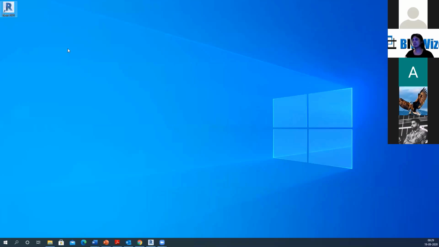So I've brought my Revit 2021 icon right here. Whenever you have a Revit file, and actually this works for any Autodesk product that you're using, be it AutoCAD, be it Revit, be it Navisworks or anything, whenever you get a file in that software,